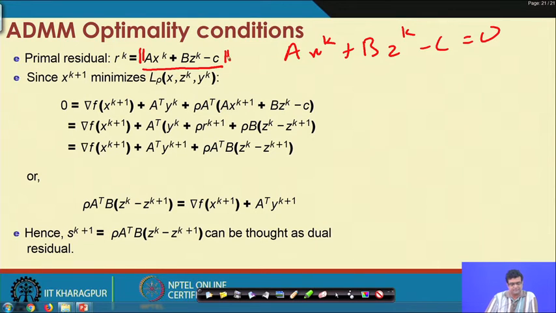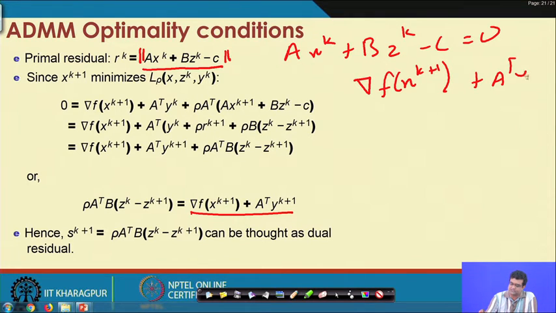And the second thing is that we have to monitor the other condition, which is this one. This is the first dual feasibility condition that we get, that is gradient of f(x_{k+1}) plus A transpose y_{k+1} should be equal to 0.